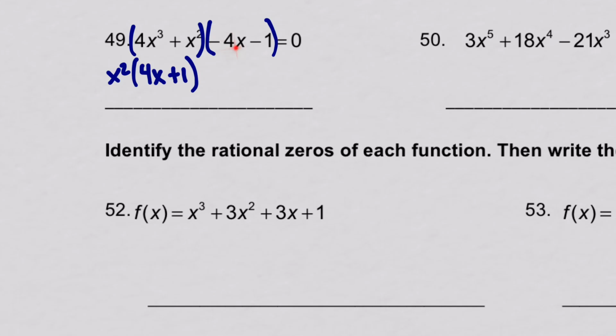On the second pair over here, again, I see a negative right here in front, so I'm going to factor out negative 1, leaving me with 4x plus 1. And there you go, look at that. Factoring by grouping is working because I see the exact same factor on both of them. So it's going to be 4x plus 1, I know that one. And the other factor comes from this one and this one, right? X squared minus 1